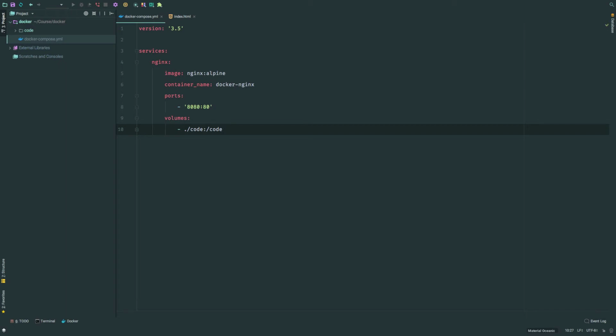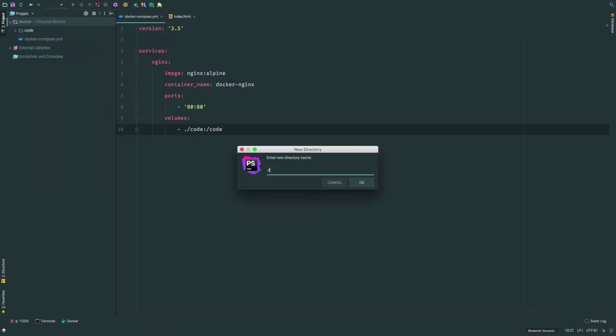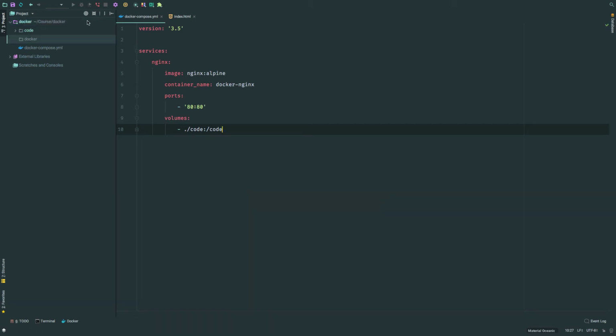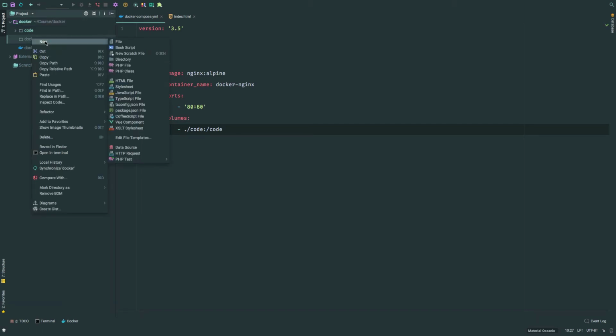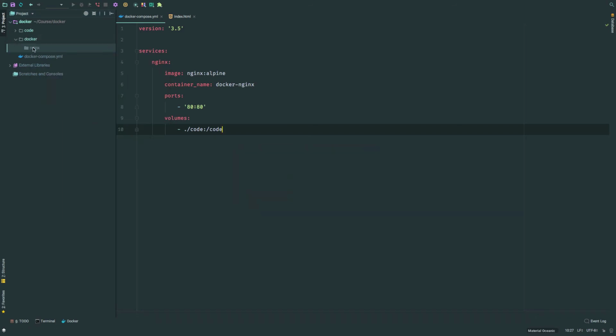Another thing we will need, it's going to be our vhost. So let's quickly create some directories. We need additional directory which we're gonna call Docker. This is going to be the main directory where we're gonna store all the configuration related to all our containers. So we need another one called Nginx, and within Nginx we need our virtual host. So I'm just gonna call this vhost,